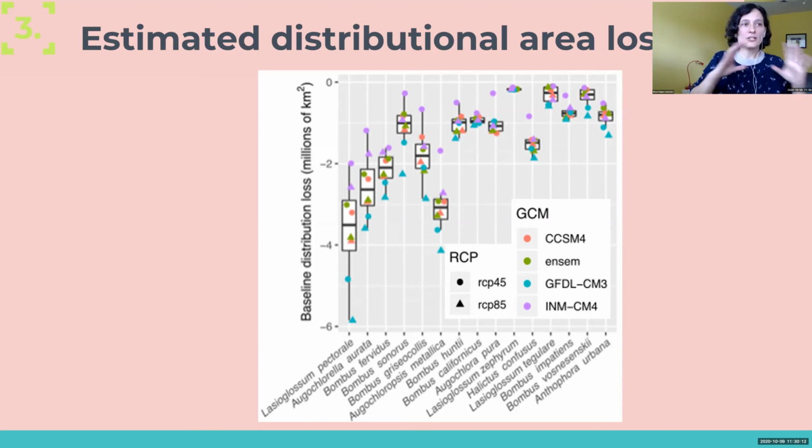So in a nutshell, what we are trying to show with this graph is that for some species, for example this species, there is a high variation depending on what GCM and what RCP you're using; the projected distributional loss will be quite different. Then we have some species over here for which the projected distributional loss is quite comparable across these GCMs and RCPs. So basically that's what we are trying to show. It matters what GCM we are using, and for some species, it matters more than for others.